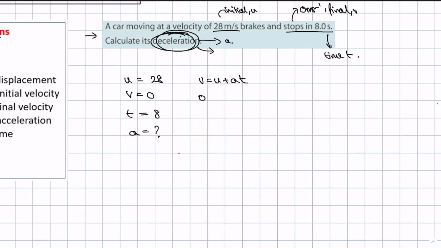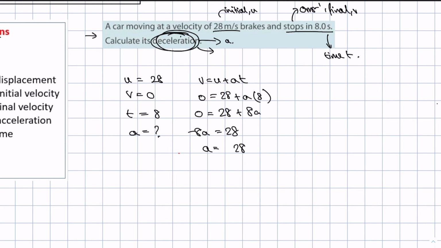So V is 0, which is equal to U, 28, plus A, which we don't know, times T, 8. So we say that 0 is equal to 28 plus 8A. Now this is just a little bit of simple algebra, which you'll have to do here. So you take the 8A to the other side, negative 8A is equal to 28, and then as you know,